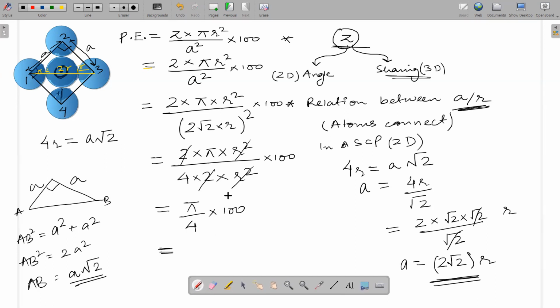Pi by 4. 25 into 5. How much? I will beat you if you just guess, then I will tell you. 22 by 28, how much? 22 by 28 into 100. I'm asking in decimals, guys, please, in percentage. Just imagine your teacher giving you percentage in the manner Ahmed said. It would be fun.